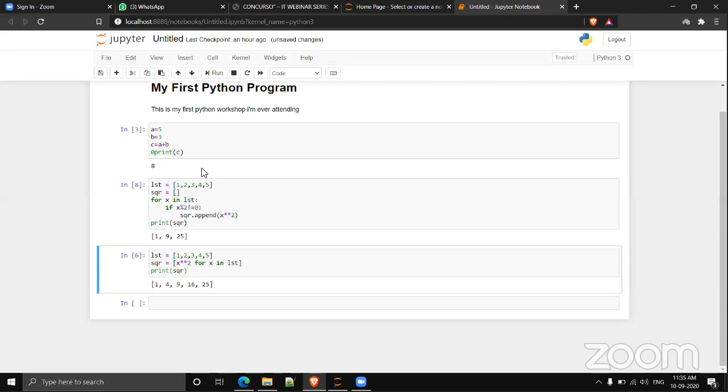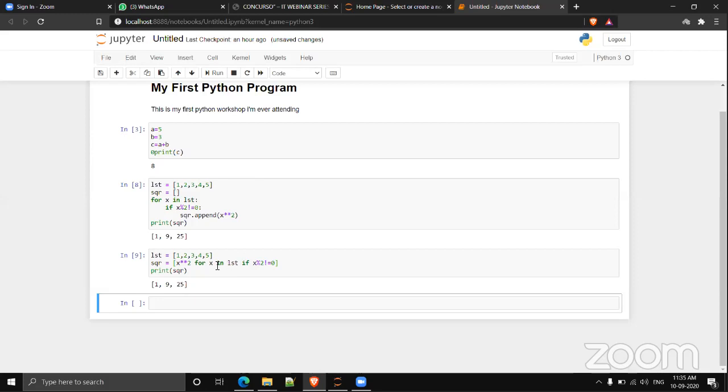Okay, and in the second way, using list comprehension, you can simply put the condition in this statement itself. If x percentage 2 not equal to 0, you get the same results.